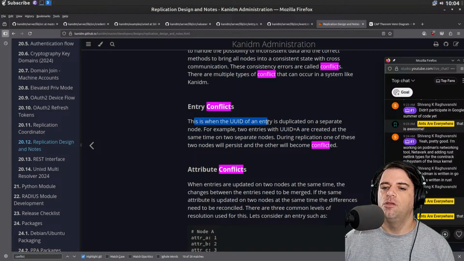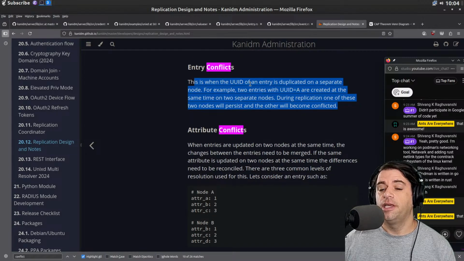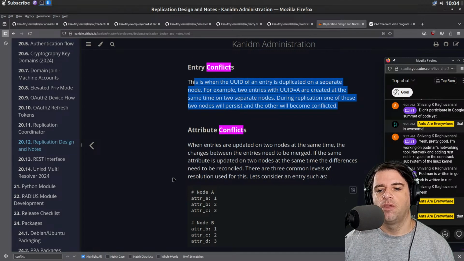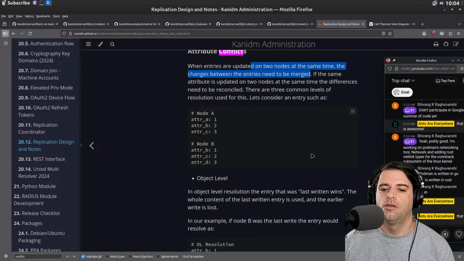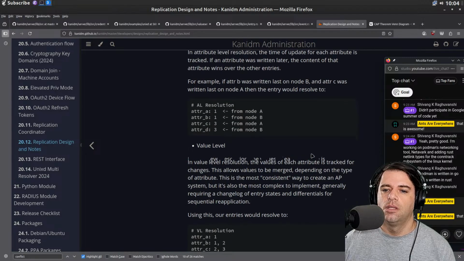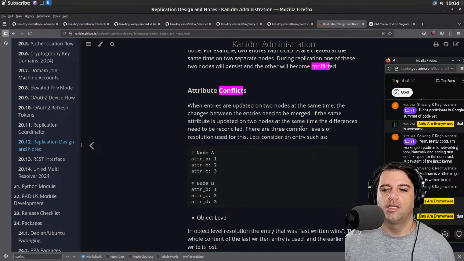This is when the UUID of an entry is duplicated on a separate node. For example, two entries with UUID equals A are created at the same time on two separate nodes. That's rarely going to happen with a UUID, but there might be attribute conflicts when entries are updated on two nodes at the same time. Otherwise, I guess they're using like time. I don't know how they handle things like clock skew.